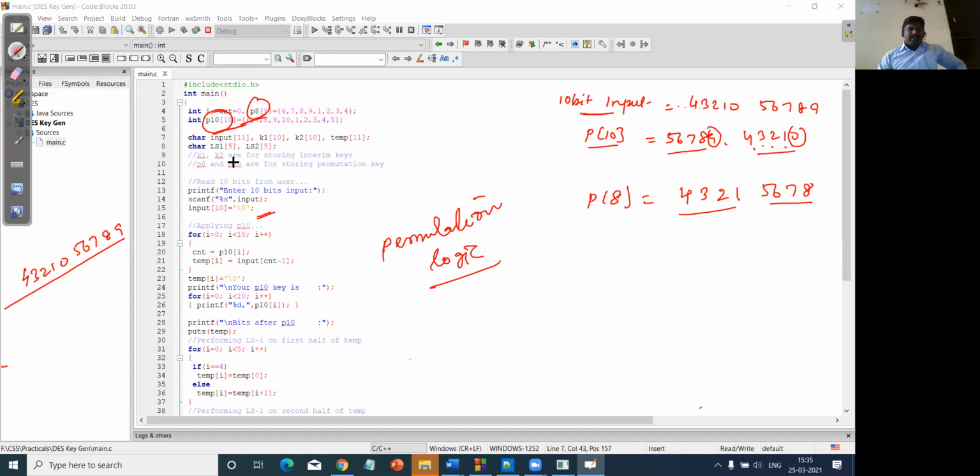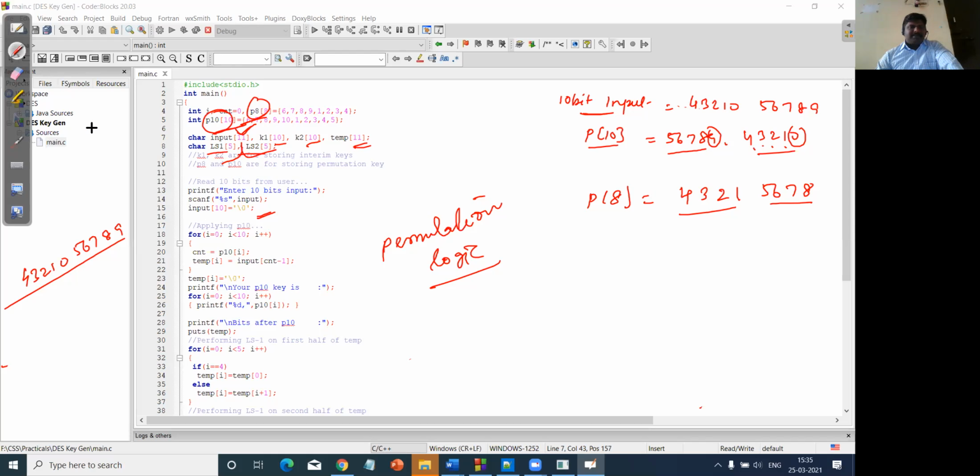Okay, so in the input I am going to get a 10-bit, 11-bit value. The last one is null, followed by k1 k2. I am going to have it for a 10-bit. Again, for a temp value I am going to initialize it for 11 bits. And followed by this left shift as well as right shift, because if my key value is 10 bits, it has to be divided into two: left 5 and right 5.